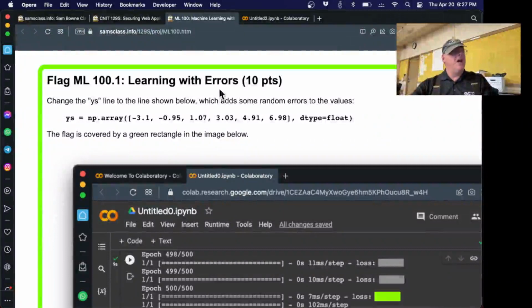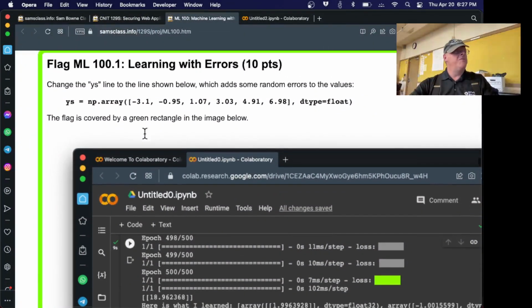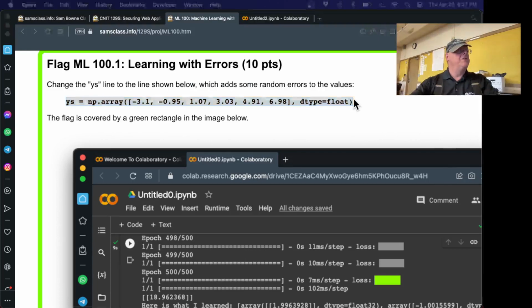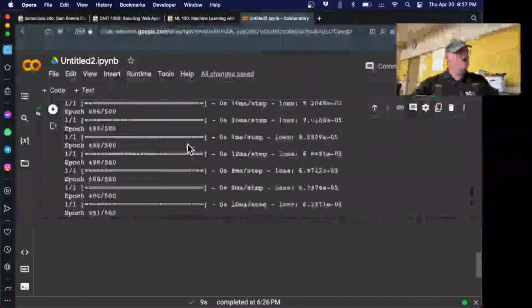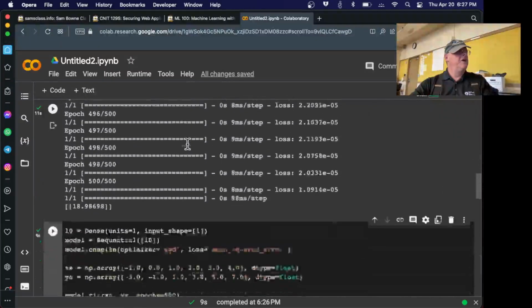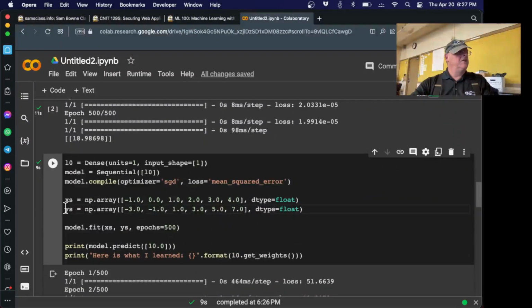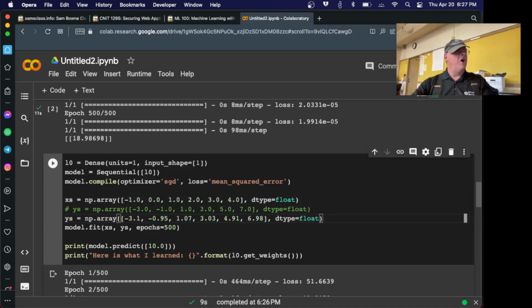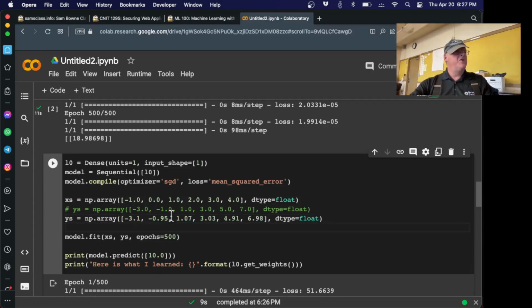And so now let's try learning something that has errors. I just took some random errors and added them to these numbers. So let's see how much that messes it up. So I'm going to take this, and I'm going to replace the y with that. I'm going to comment out this one. This is Python, so you can just comment out a line with a pound. There's the replacement y's, which are just the same numbers plus a little bit of noise, and run this one